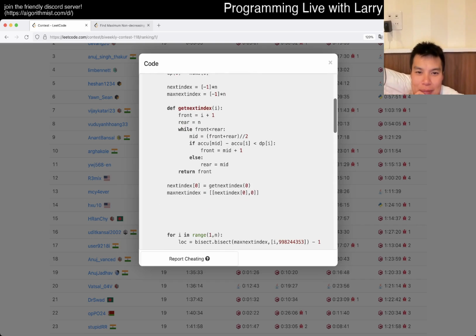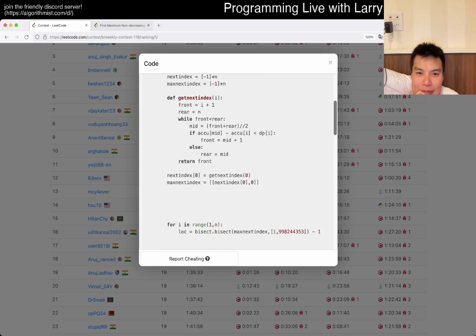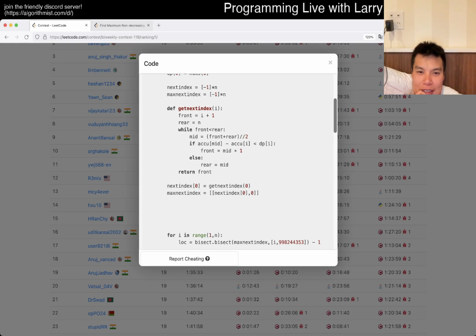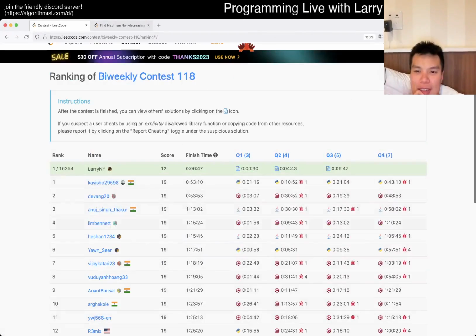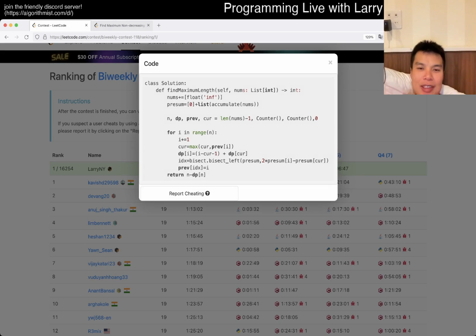Okay, prefix sum. Get next index. Okay, let's actually look at this one then. Previous of index is equal to i. This is like some sort of